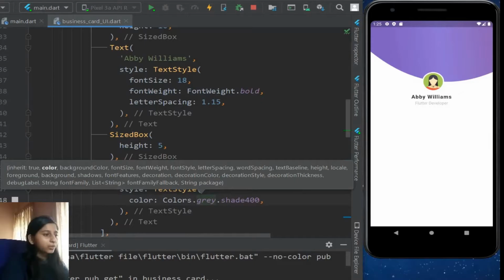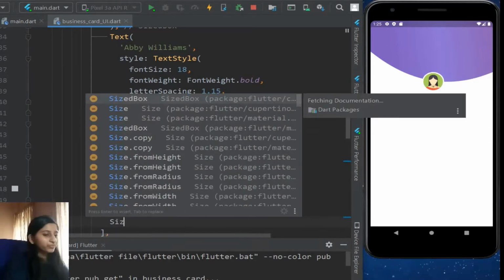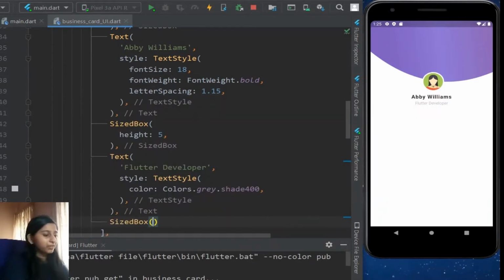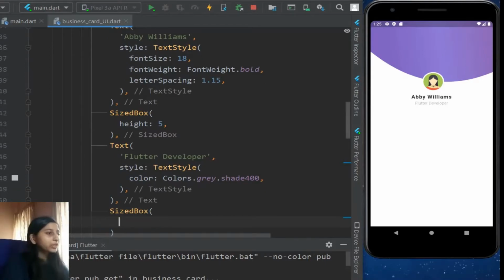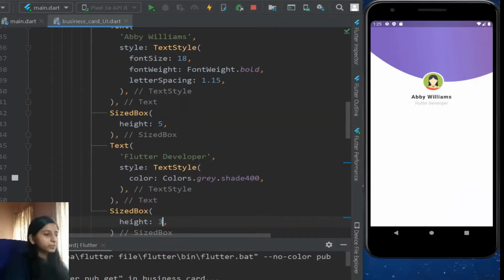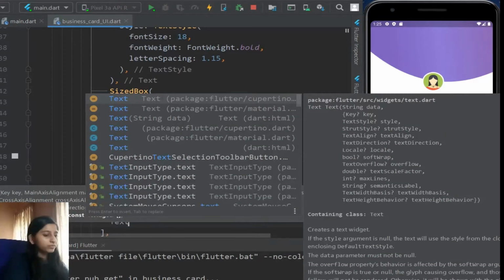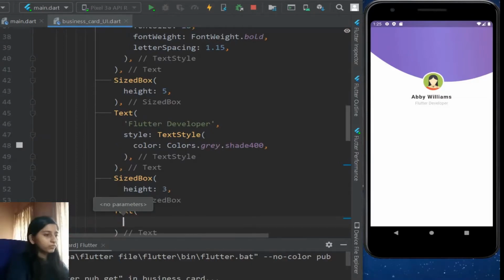I'll give another sized box also to type in another, the location. I'll just give it as location itself. You can give your own location if you want. I'm gonna give the same style properties as before. That is in the text style property. So